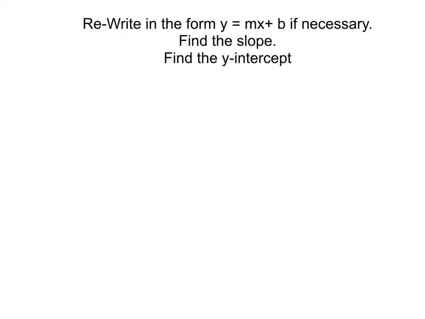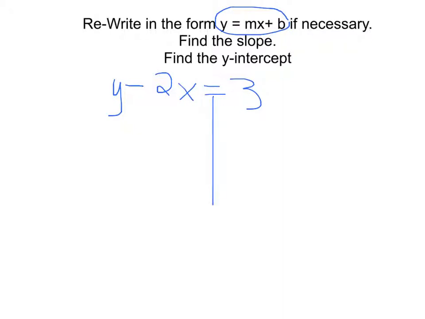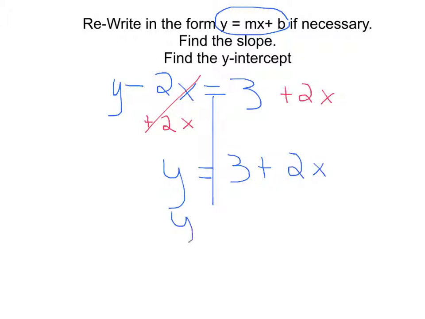Now here's a second equation, y minus 2x equals 3. This is not in the correct form, y equals mx plus b, because y is not by itself on one side of the equal sign, so we need to solve for y by adding 2x on both sides, which will give us y equals 3 plus 2x, but then to write it in the proper form, let's write our slope first, the number with x,